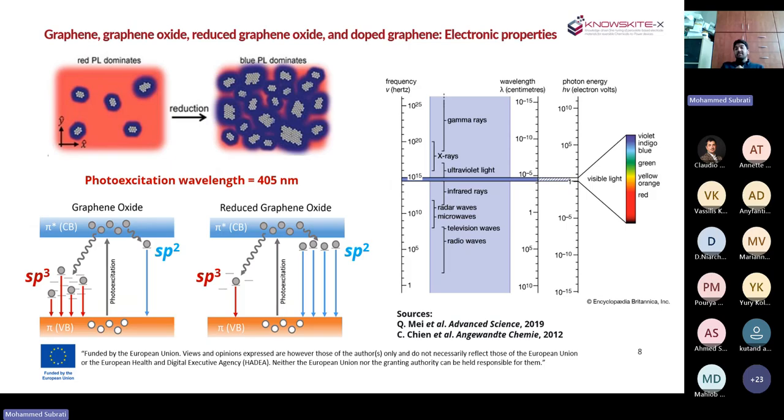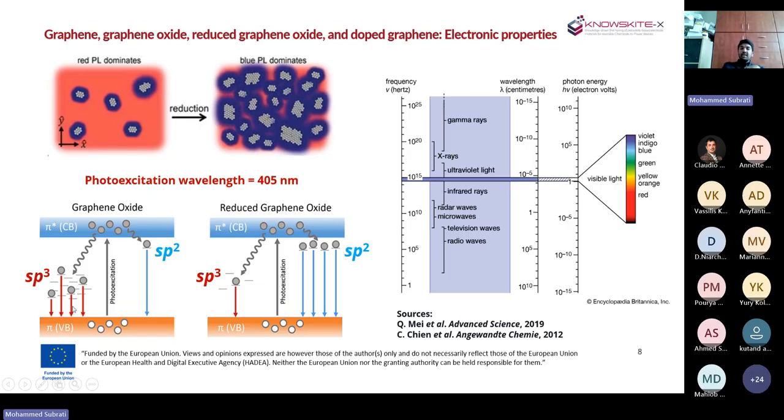For the photoluminescence, you can also see it from the other perspective. In photoluminescence, it's actually the other way around. Let's say you excite both graphene oxide and reduced graphene oxide with the same wavelength, in this case 405 nanometers. As I said, in graphene oxide, as you see on the left, down at the bottom, you have the defect states in the forbidden band, if you remember. So these red and blue are basically the defect states in the forbidden band.